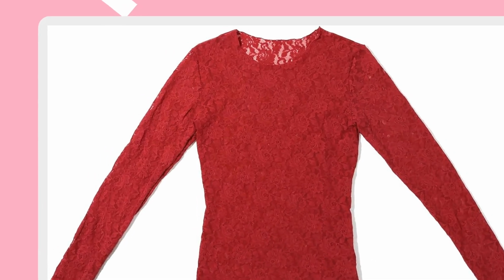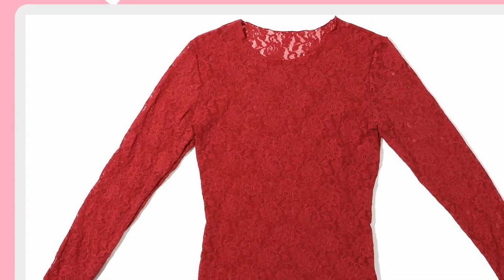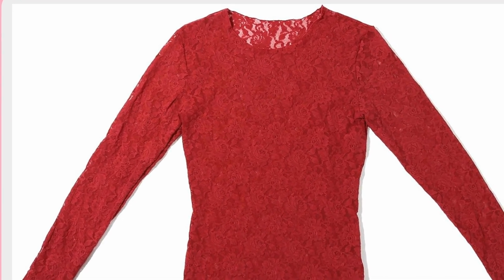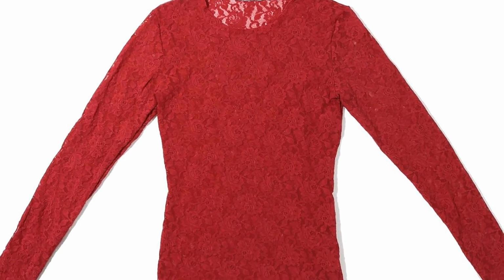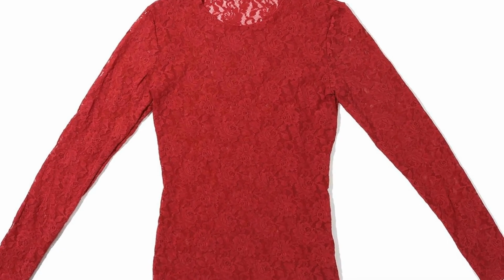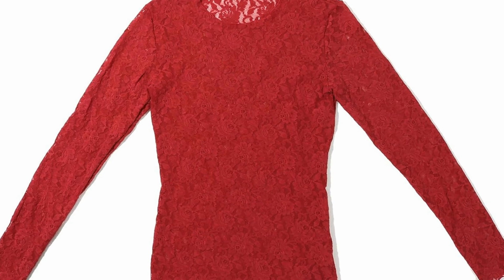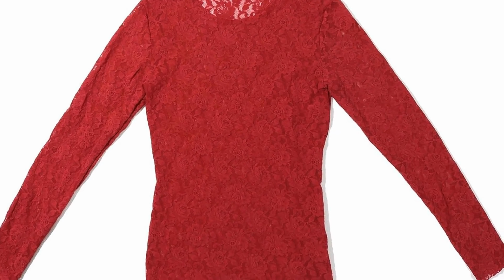Overall, I'd say this is one of those quiet luxury pieces. Nothing loud or flashy, but it makes you feel polished and confident. It's not for everyone, especially if you're not into sheer tops or don't want to worry about layering. But if you love lace, appreciate comfort with a little edge, and want something that can transition from day to night, it's a winner. I've already ordered a second one in navy because once you find a top that fits